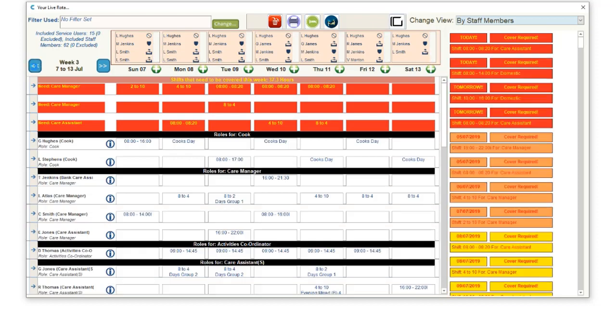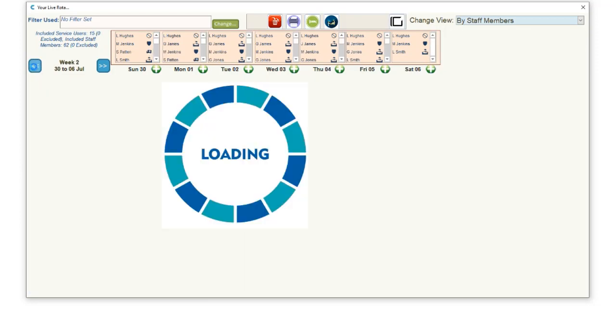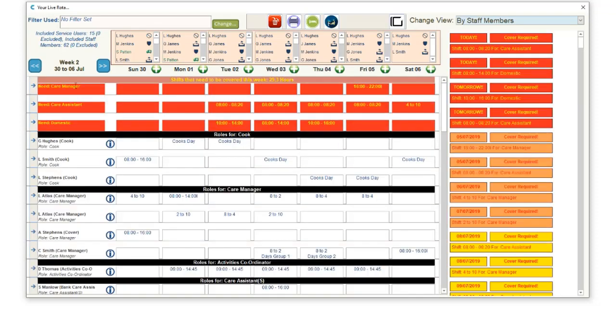You'll notice at the top of all the live rotas, if there are any issues, they will be shown in the issues bar along the top. So you can see here we have some shifts that need to be covered for different roles. And just like on the template, if you select one of those, you can then deal with that issue. So for example, if I were to select the 10 to 4 tomorrow,